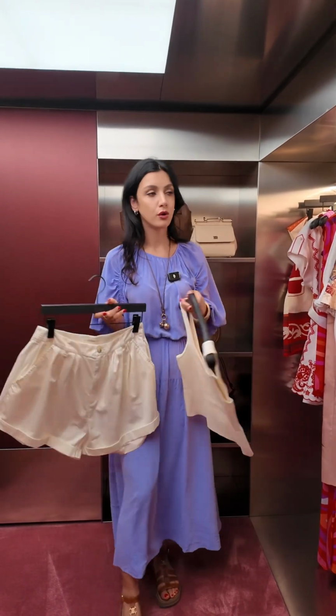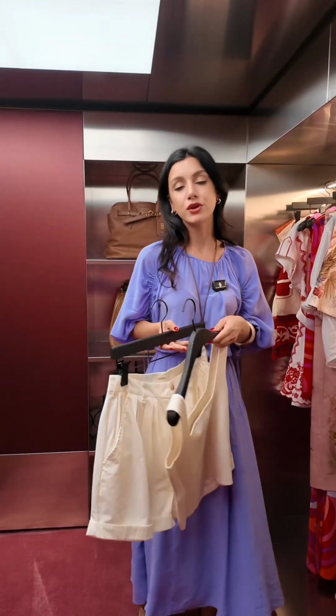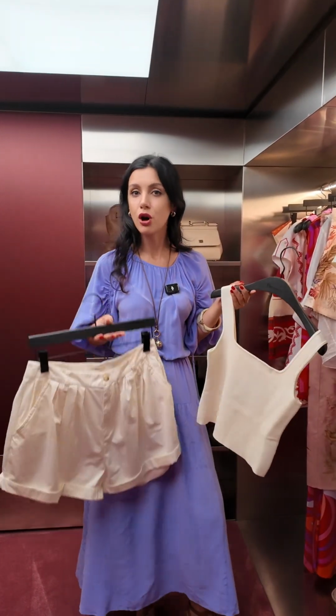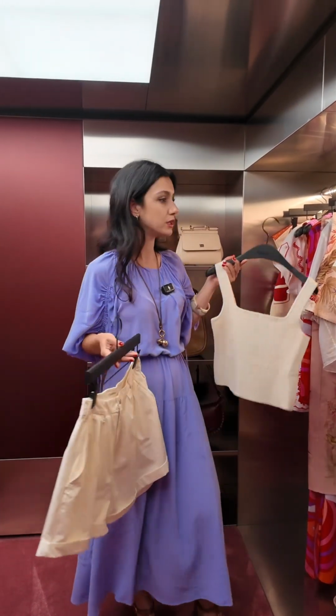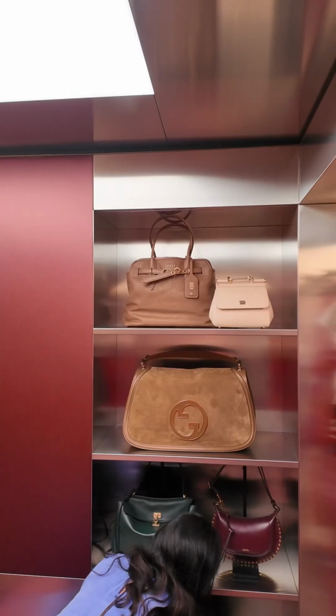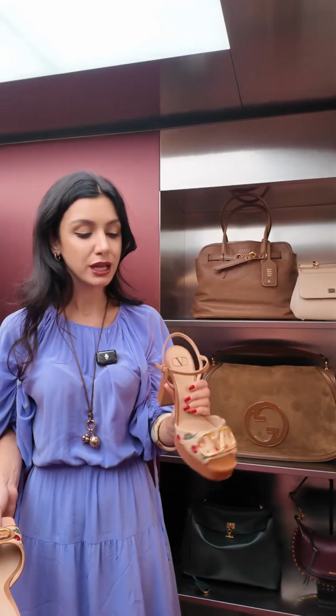So when you pack your summer wardrobe, it's great to have all the fun colors and prints, but then really you need a simple white tank top and neutral shorts to be able to restyle both pieces in multiple ways. And when it comes to fun shoes, because my client today, she loves statement heels, I have this